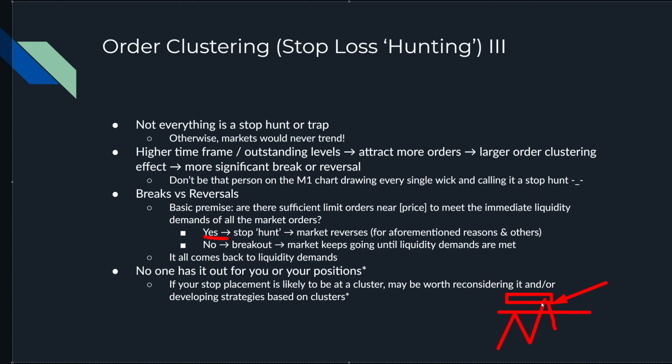If the answer is no, that there aren't sufficient limit orders near price to meet the liquidity demands created by all the market buy orders flooding in here, well then simply the market, as we know from our understanding, will continue to move higher until those liquidity demands are satisfied by limit sell orders, passive sellers, whatever you want to call them. So it all comes back to liquidity demands, right? That's really the first principle, which is